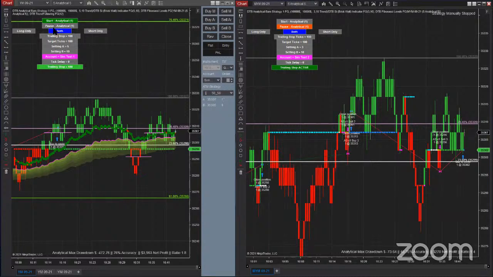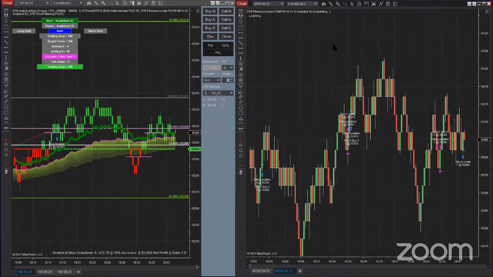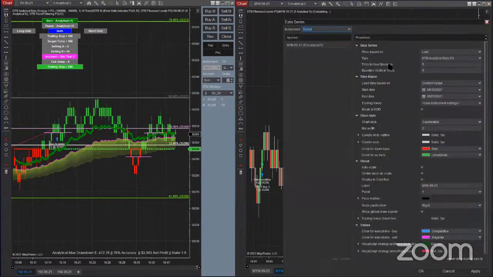So always just use the buttons on the strategy, especially if you want to pause and then go and enter a manual position. And there's plenty of them you can do. If you want to experiment more on the MYM instead of the YM with manual positions, you can definitely do that. Even in this session, even though we didn't look at this specifically, there were a lot of